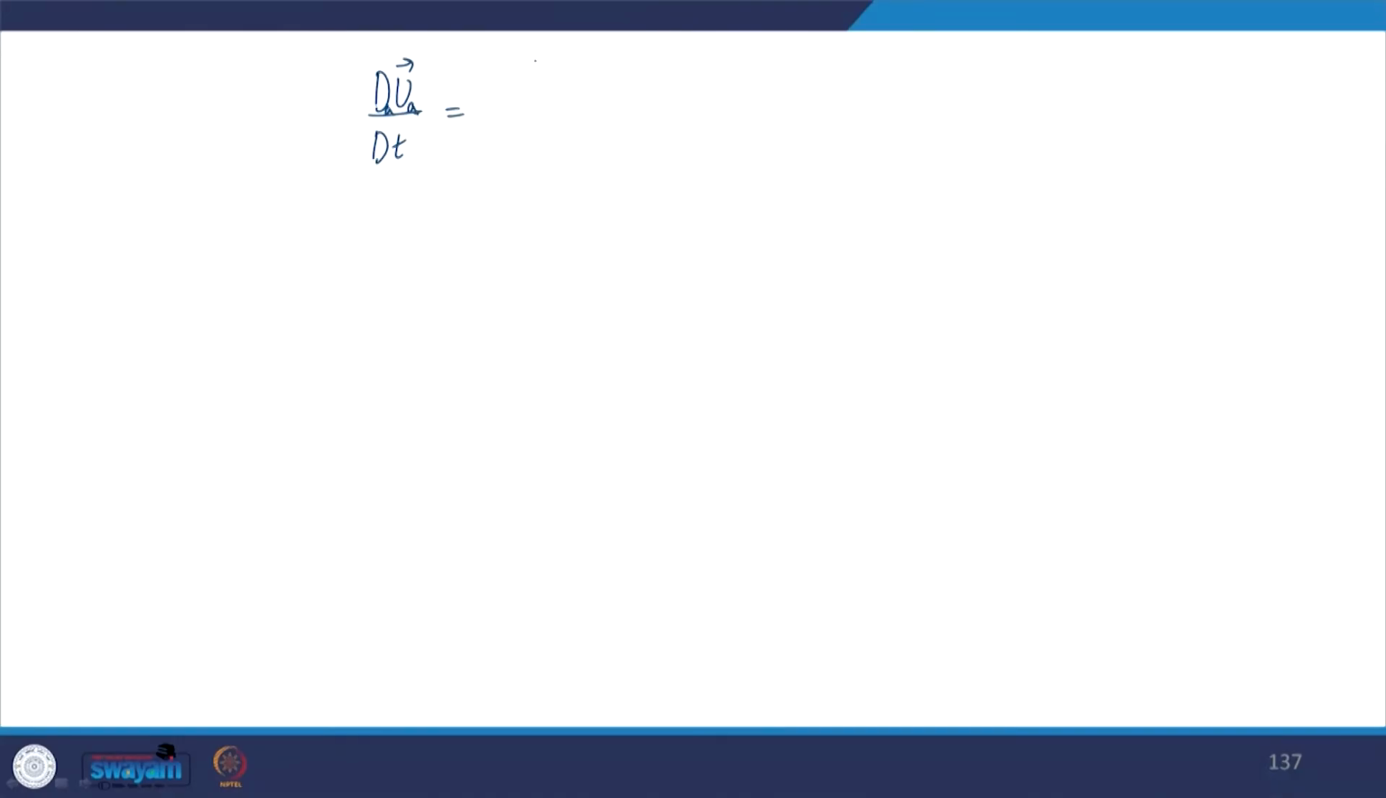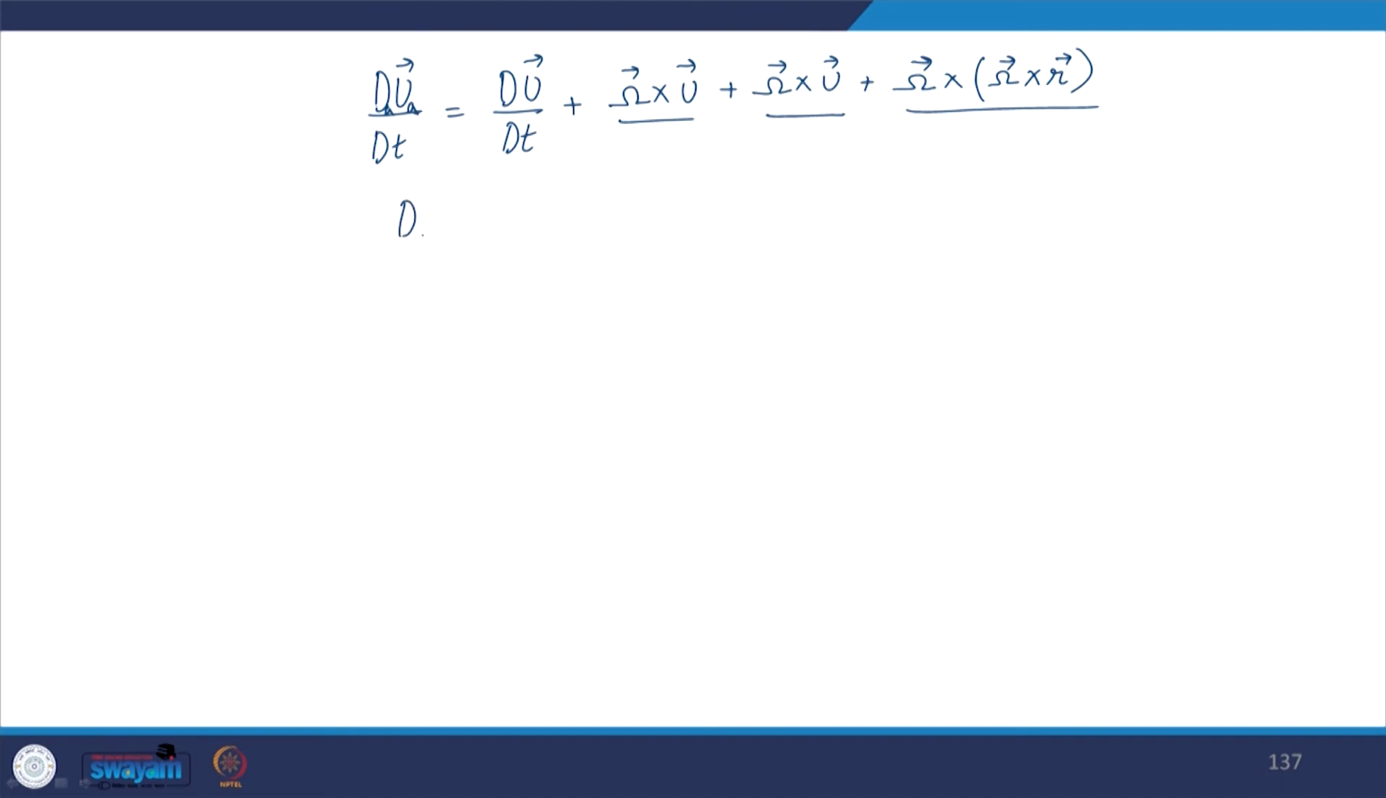So, I can write dA ua by dt is du by dt plus omega cross u, plus omega cross u plus omega cross r. Right. Now, we have this vector triple product, and then we have the similar terms omega cross u. Now, we can simply simplify this algebra, which is equal to du by dt plus 2 times omega cross u plus